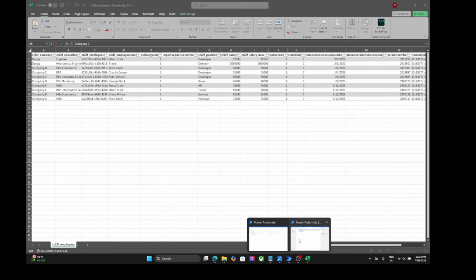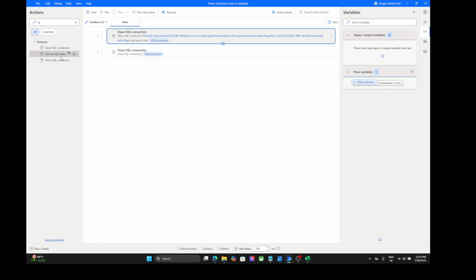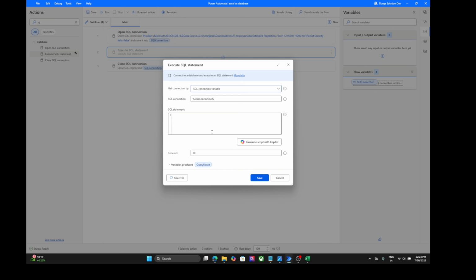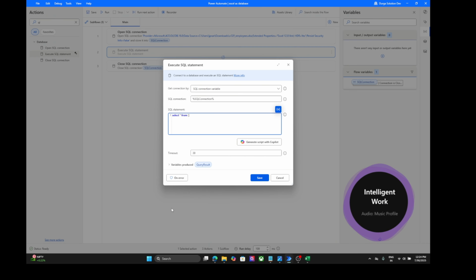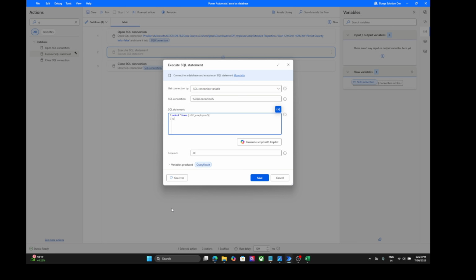So we will come back here and we will execute a statement for select, where I will say select star from, and here I will add a sheet name. The worksheet name is this one, and after that a dollar sign,